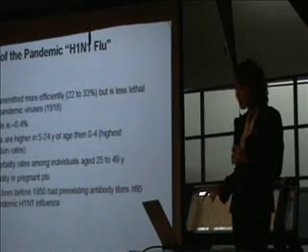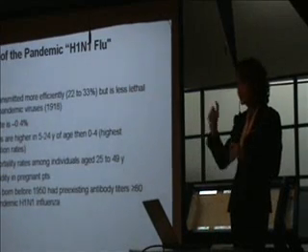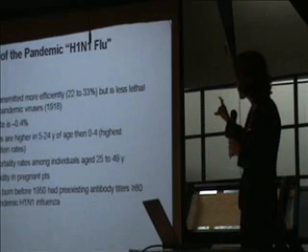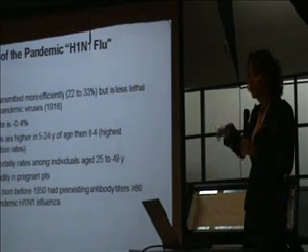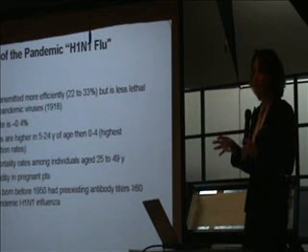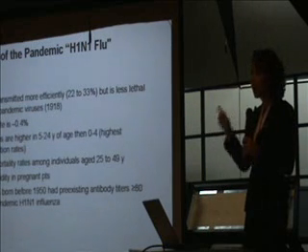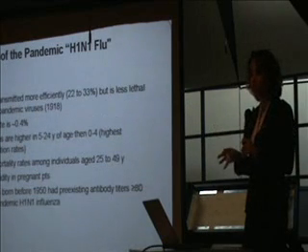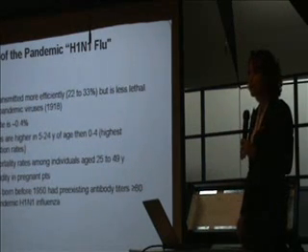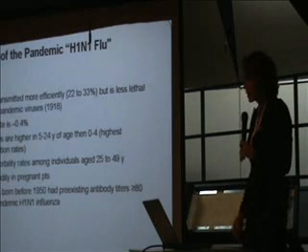And the highest mortality was among individuals aged 25 to 49; this is from the data from Mexico. Now, in Mexico, it seems that they had high mortality in the middle-aged, young people. We don't know why this is different from the rest of the world, and obviously there are more and more analyses being done.